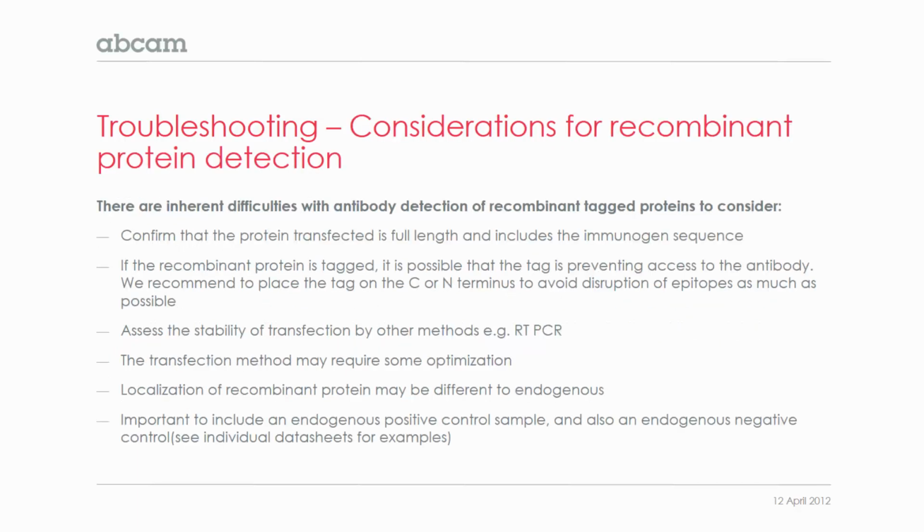The last piece of troubleshooting I wanted to look at was considerations for recombinant protein detection. Many of our customers are actually detecting recombinant proteins, and there are some inherent difficulties with detection of recombinant proteins that are worth considering before you start your experiments. It's good to confirm if the protein that you transfected is actually full length and to make sure it includes the immunogen sequence. And if you're perhaps not sure of the immunogen sequence, then